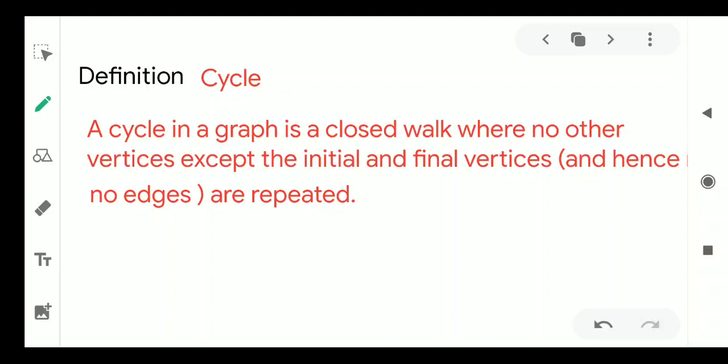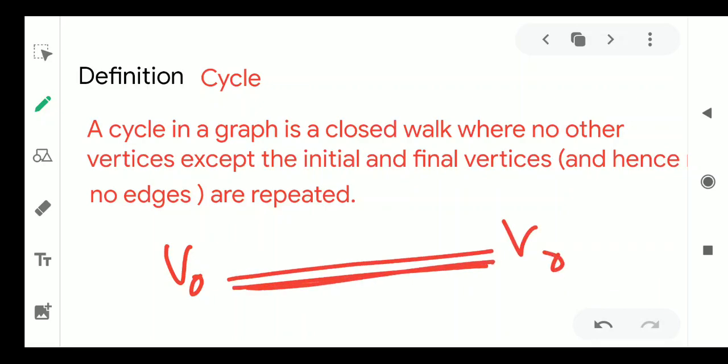So cycle is very important. A cycle in a graph is a closed walk where no vertices except the initial and final vertices are repeated, and hence no edges are repeated. So if we have a closed walk in which the initial vertex and the final vertex are the same and no other vertices are repeated and no other edges are repeated, then such a closed walk is what we call a cycle. For example,